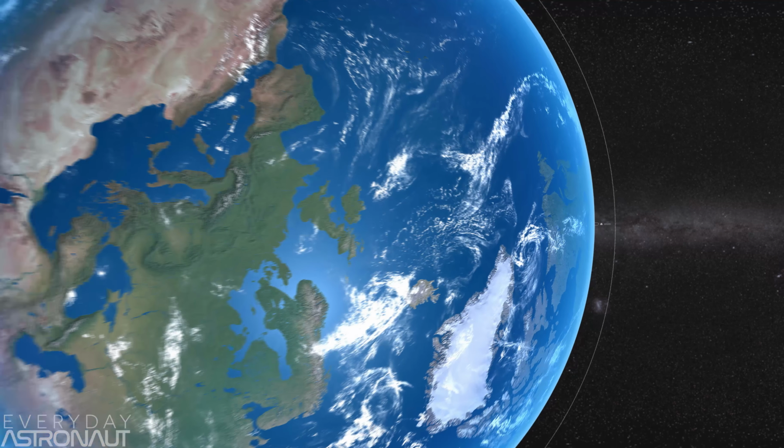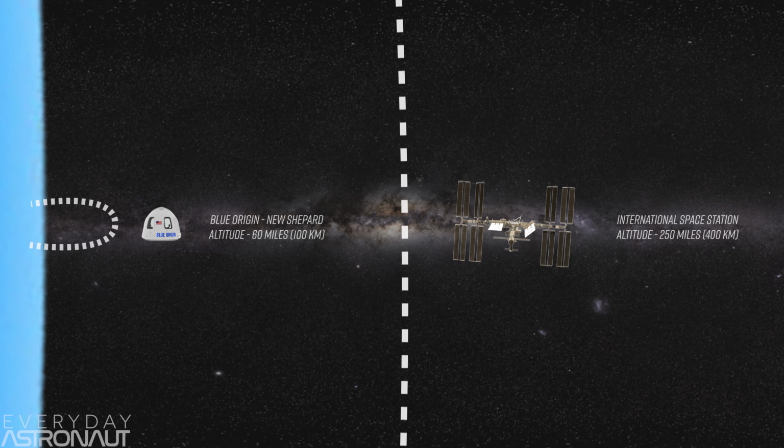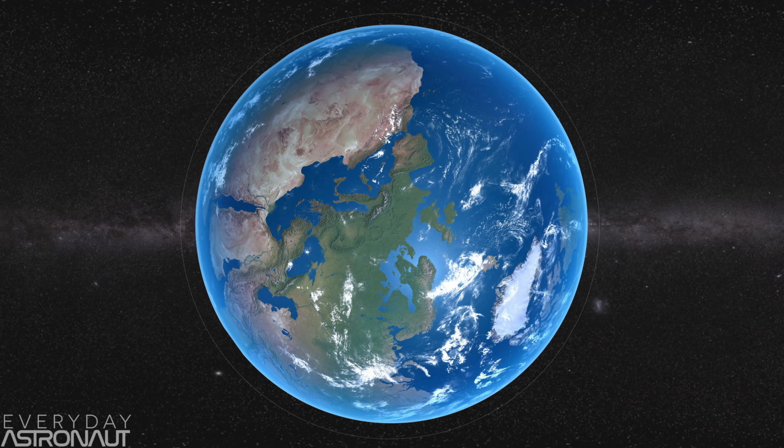When in low Earth orbit, you're just 250 miles or 400 kilometers above the surface of the Earth. So again, it's not like you're going to be that much closer to the moon and therefore have that much more of the moon block out the sun. But an interesting aspect of seeing an eclipse from low Earth orbit is how much time you'd spend in the